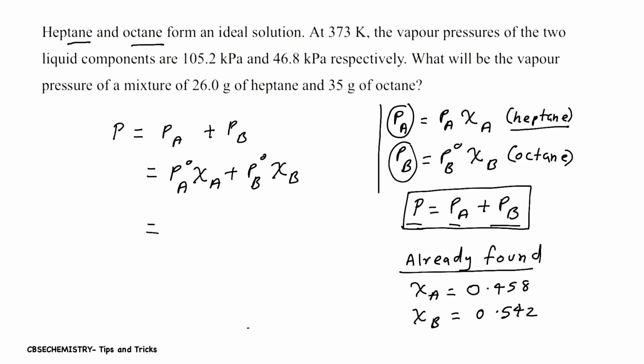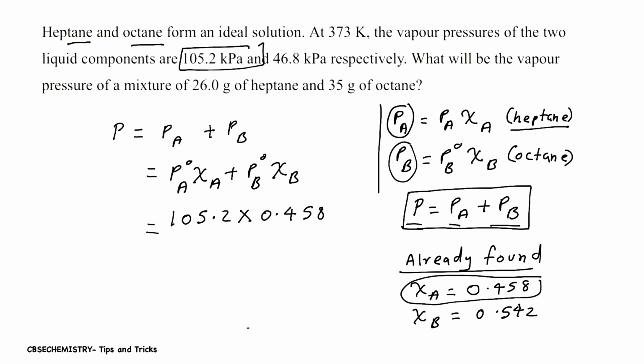We already know it, right? 105.2 into what is chi A? 0.458, plus what is PB standard? 46.8, right? Into what is chi B value? 0.542. On adding, you will get